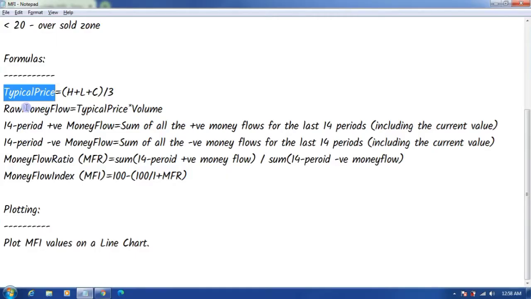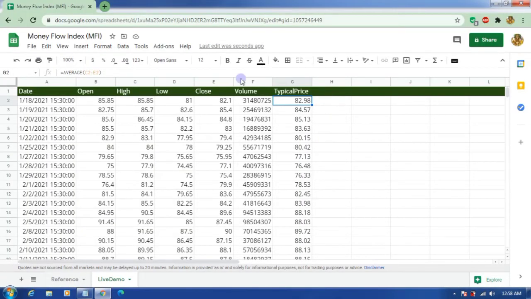Now I will calculate the raw money flow. Raw money flow or the money flow. Okay, so now we are going to calculate raw money flow. So what is this raw money flow? First we got the typical price, then the raw money flow is nothing but typical price into volume.